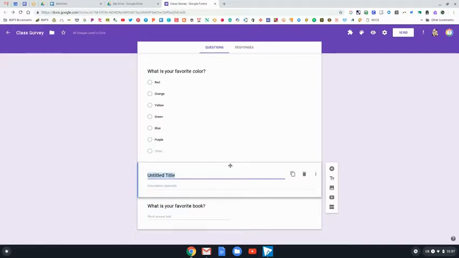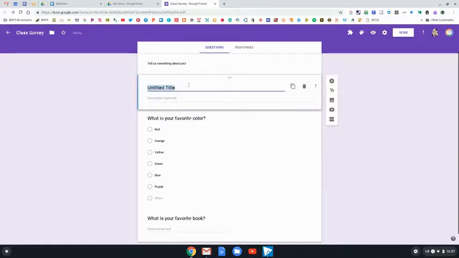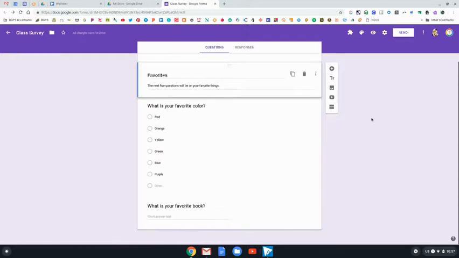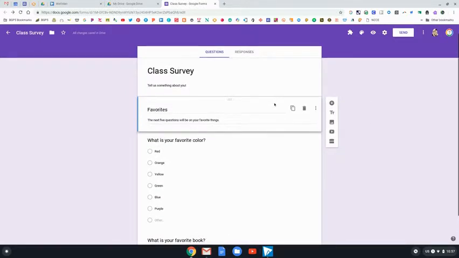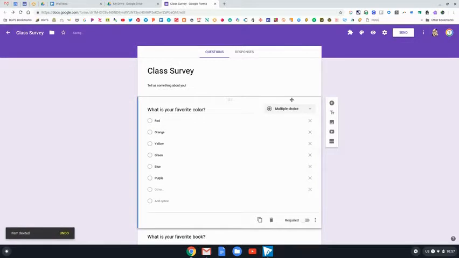So if I wanted to give a title and description to any section or question, I can drag and drop that as I make it. So now I've just made a title and description that kind of makes like a mini section, but I can make a larger section with those two bars on the right in the hover menu. Down at the bottom, so I'm going to delete my title and description, and I'm going to create a larger